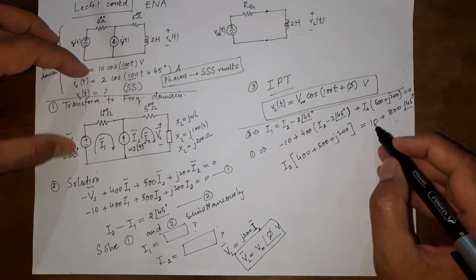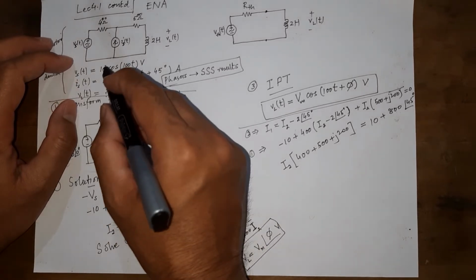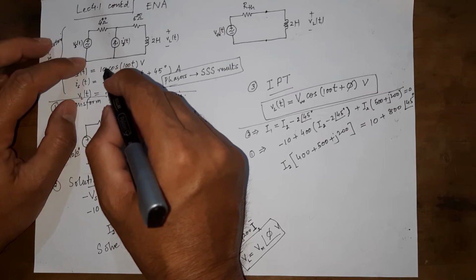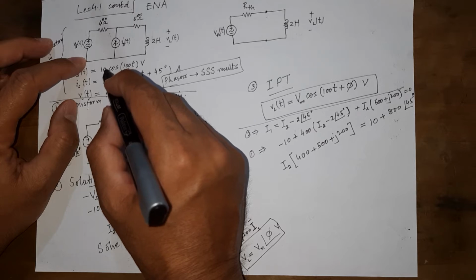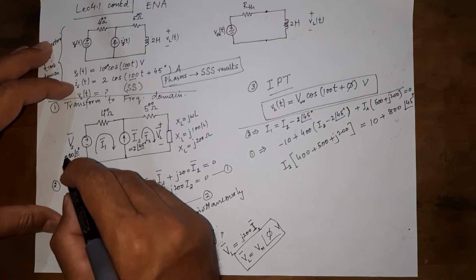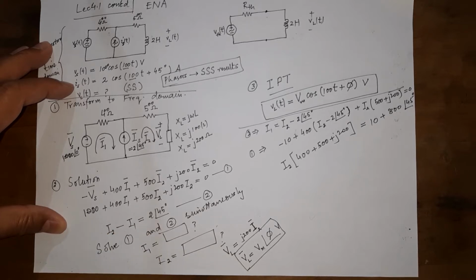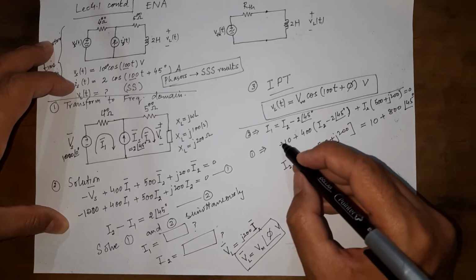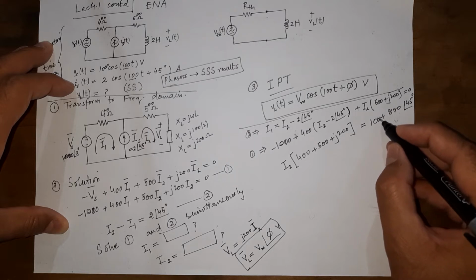I hope it does not change anything, because this is some patchwork that we are doing. So let us say instead of this 10, we have 1000 here. So it is 1000 here, it is 1000 here, with a minus sign obviously. So we have 1000 here, and we get 1000 here.